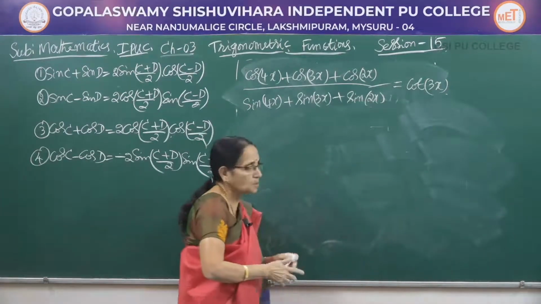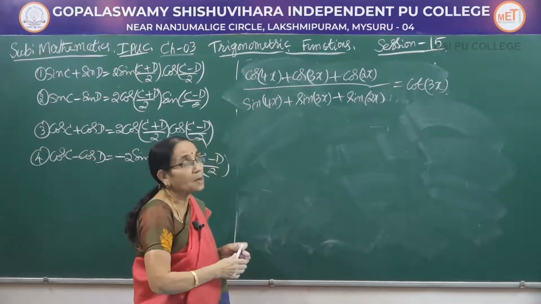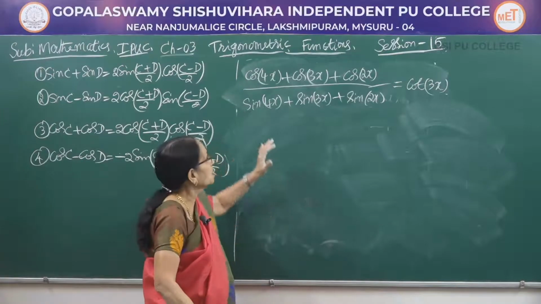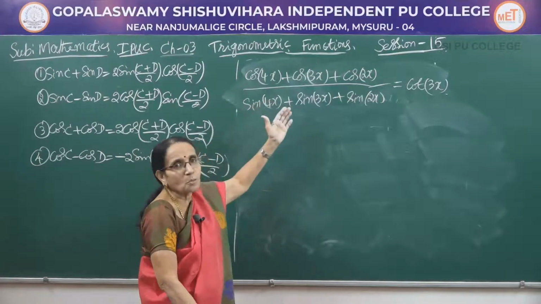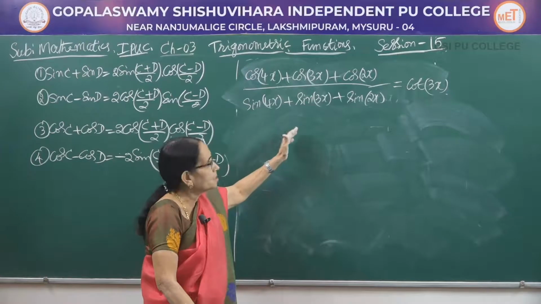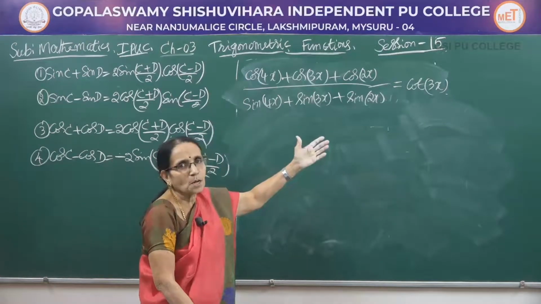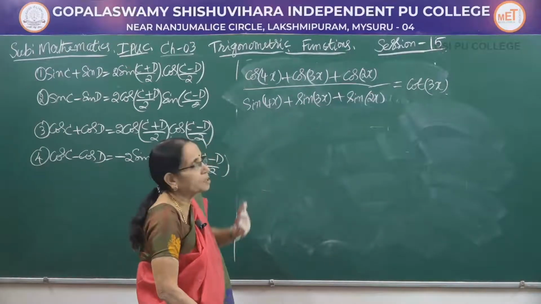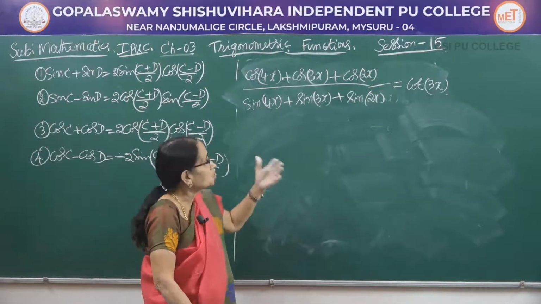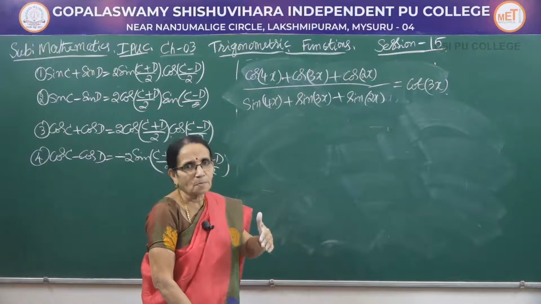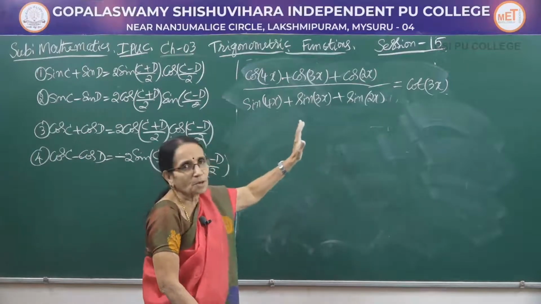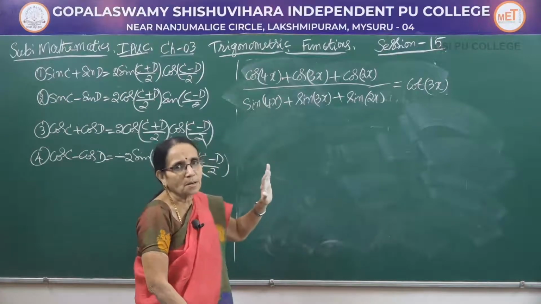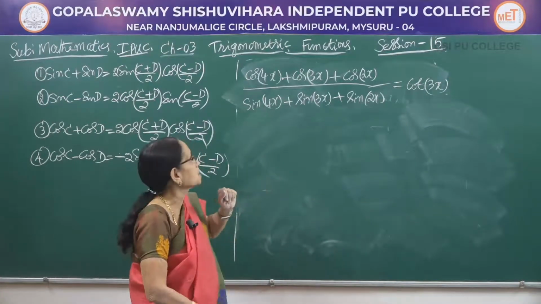Cot of 3x. Again look at the right hand side. We have got cot of 3x that can be obtained when you get cos 3x from the numerator and sin 3x from the denominator. Automatically it would be equal to cot of 3x. Again I told you just now, there are 3 terms in the numerator, which 2 have to be taken at a time. And the numerator cos c plus cos d formula, because all of them are positive. Denominator sin c plus sin d. So which 2 should we select here?